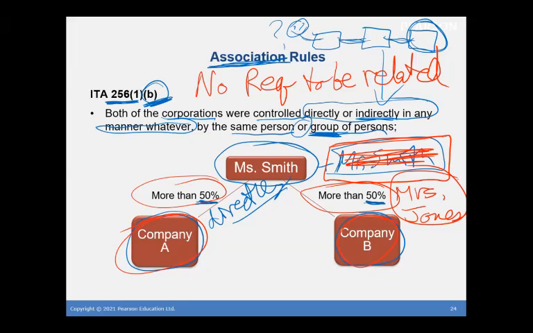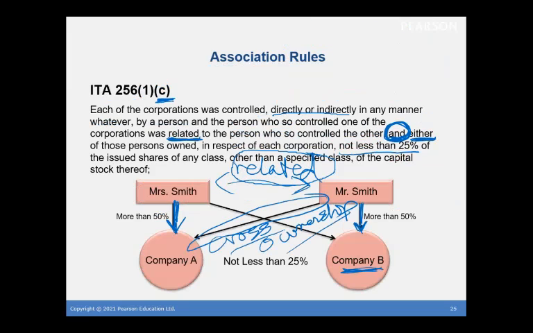So this one, B, is the one that we got the closest to in that question, but we didn't get all the way there because we just didn't have the control. We never had the more than 50. So the change would be the more than 50 would be the change that we were looking for in that question. Now, in the situations where they're related, we also need more than 50. So we need the control and then the cross ownership.